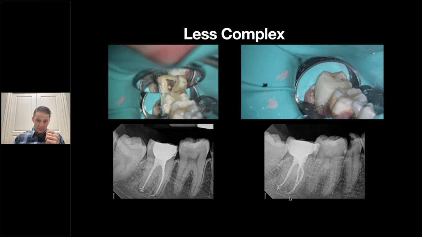Got some webbing here, a little mid-root there, a little accessory anatomy going on apically. Packed a little cord there at the very end just to aid with the buildup. And then we can see we've got a nice buildup going on. Cleaned it up, diamond there. This was all done in roughly an hour. So it makes the routine more routine, the complex less complex when you have the systems.